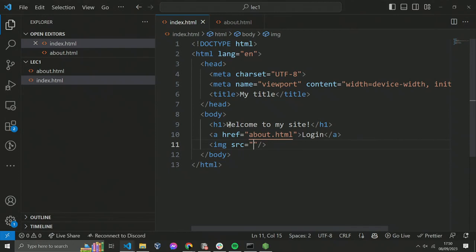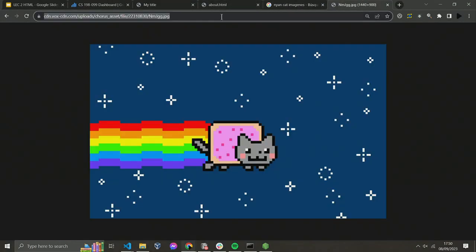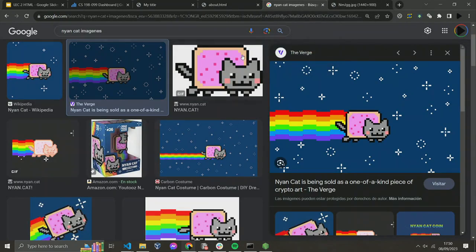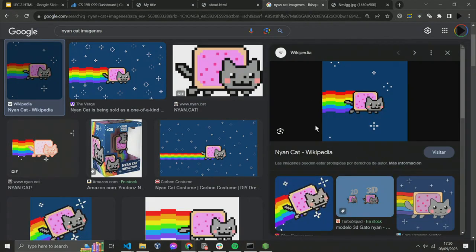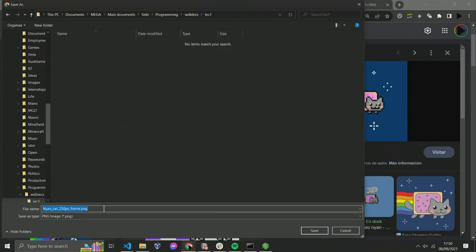Just get this done, and while you get this done, I'm going to show you the way you're supposed to actually do this. So if you find an image, right now you're relying on vox-cdn.com to stay online. If they go bankrupt and die, your website would stop working because you could not access this nyan cat image. So what you're supposed to do is go to your image and save it in your computer in the correct adequate place. So here's my nyan cat. I'm going to call it